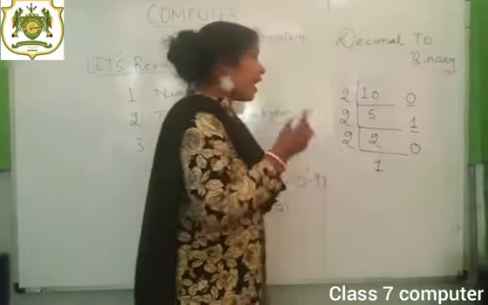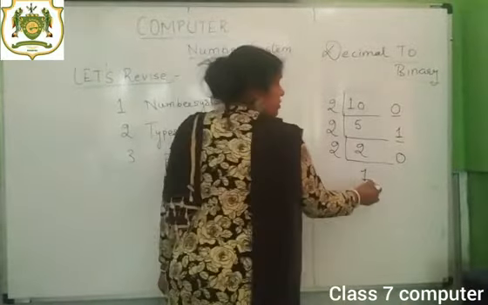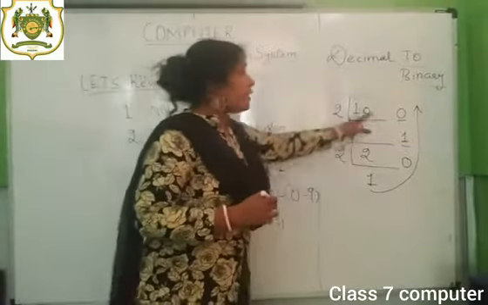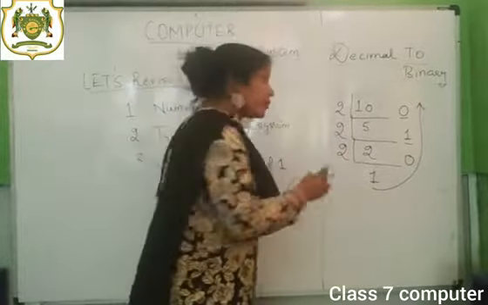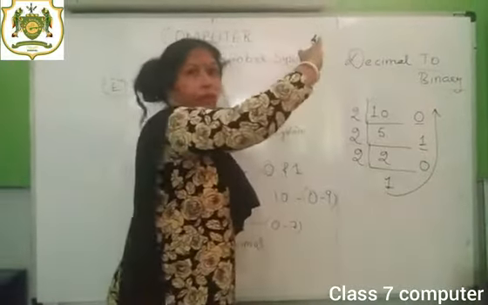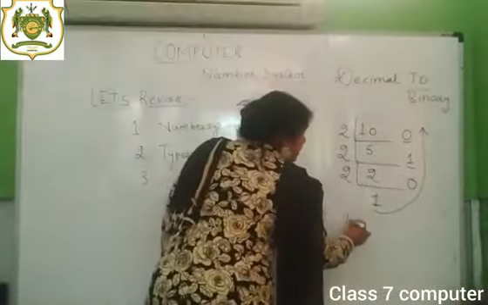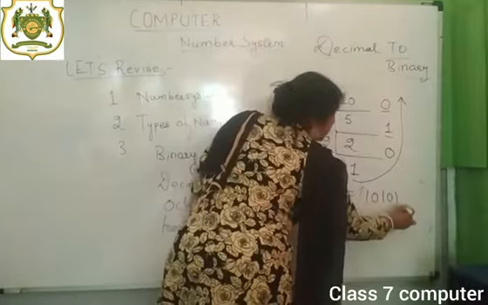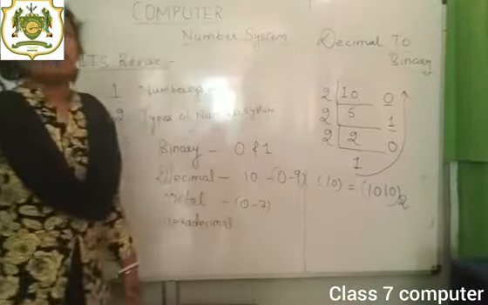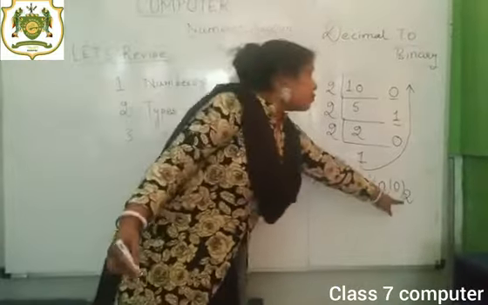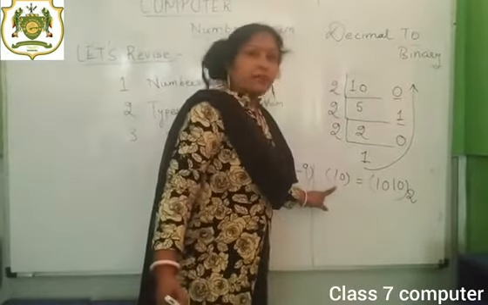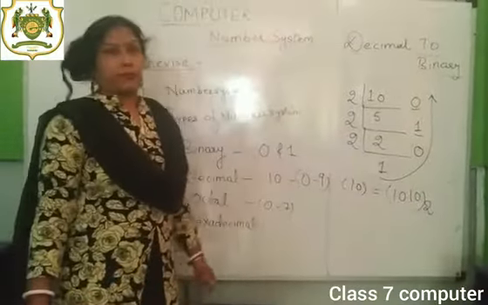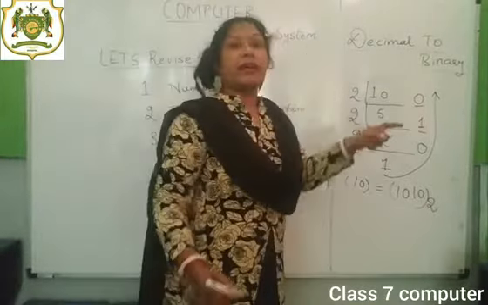So now we are getting the binary conversion as this one. How are we going to write it down? We are not going to write it down like 0 1 0 1. No. We are going to write down from bottom to top. So the binary conversion of 10 will be 1 0 1 0 and we are going to represent it like this. As I told you, binary numbers can be represented by the base 2. So I have written it over here. The binary conversion of number 10 is 1010 with base 2. So this way we can convert decimal numbers to binary numbers.